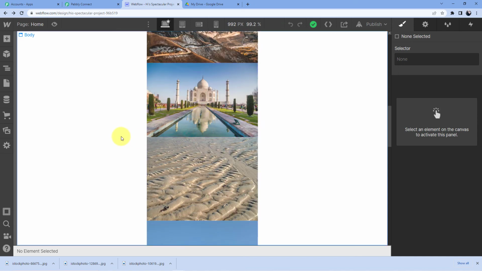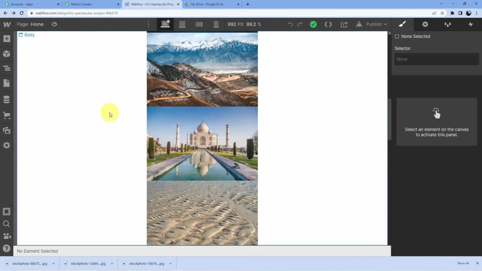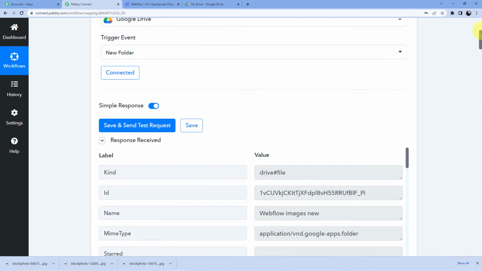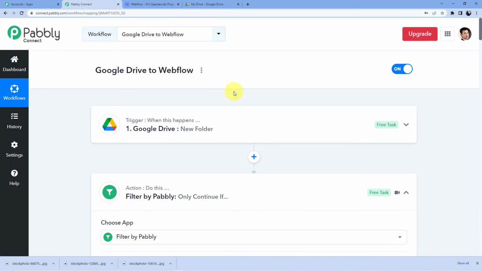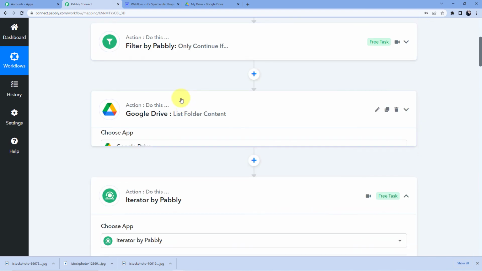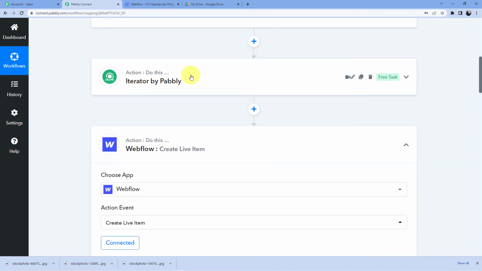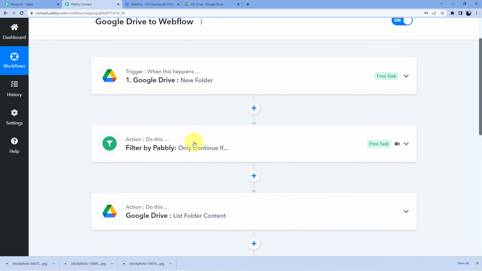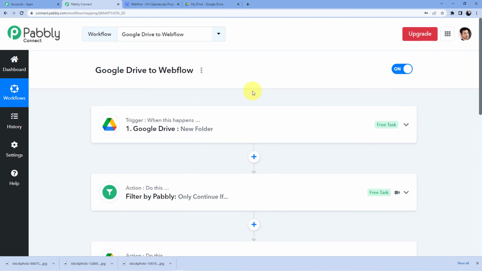So this is how you can automate your Google Drive and your Webflow, where you can connect your Google Drive to your Webflow account, and by using a filter you can upload an entire folder full of images to your Webflow account, and you can use this automation to save a lot of time. And also several other people can post on your behalf. If you want to see them, you can just see them and then publish them later as and when required.